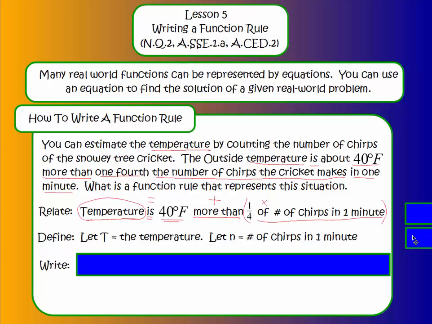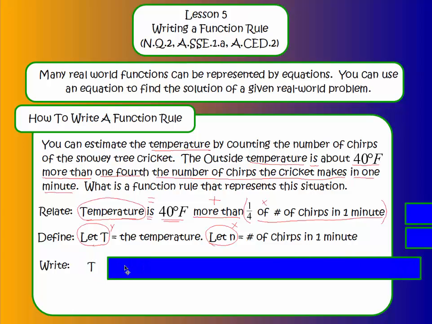Okay, so now I have two variables. I have my input and my output. I know that my output is going to end up being this temperature. This is going to be my output, and this is going to be my input. So this was kind of like my x value, and this was kind of like my y value. All right, so now what we want to do is turn this into an equation. So it's going to say T is going to equal,